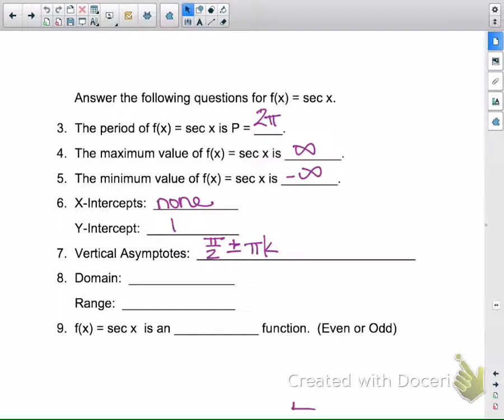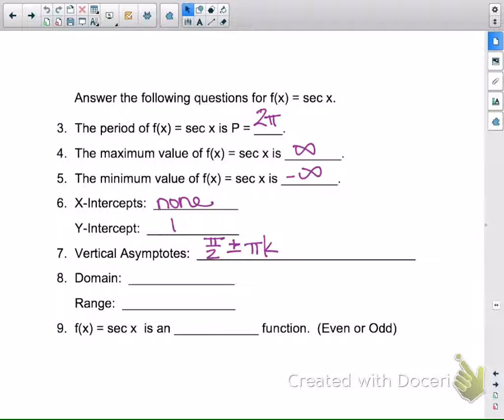or 1 each time. The k essentially is just a placeholder for any number. If it just says this, that means I can add pi once and subtract pi once, but that's it. It stops there. The k means I can go out twice or 3 times or 4 times, and it keeps going and going and going. It's really a silly kind of placeholder, but if you don't have it, it just means that you can't go